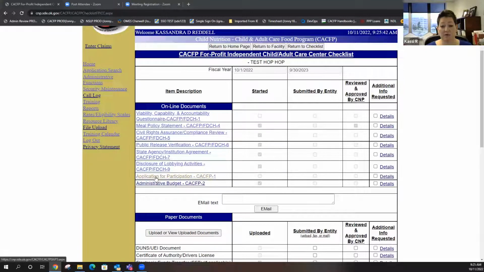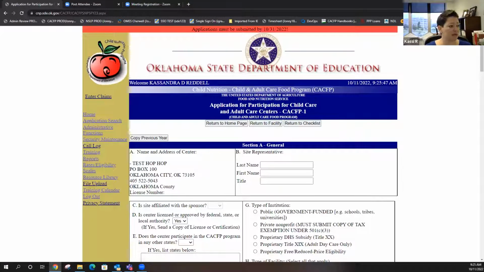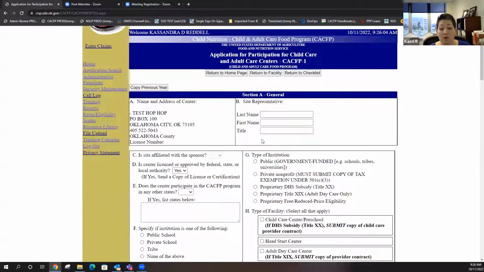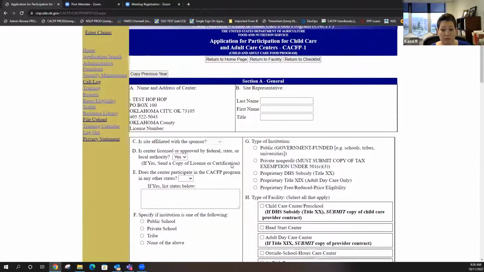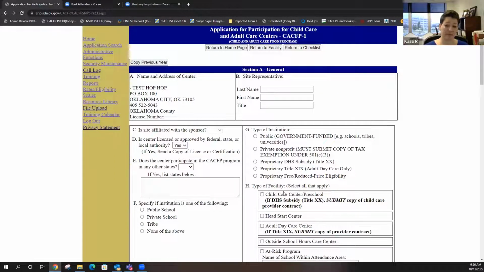Okay, so the next form is our application for participation. I do have a few family daycare home sponsors in here, so this form is not applicable to you guys. We'll go over the provider application towards the end because there are only a few of you in here. The vast majority of everyone in here will have this application for participation for their sites. When you click in here, even if you're independent or if you're multi-sited, you all have this form. Some of it might be populated, some of it might not be, depending on if you're independent or a sponsor.